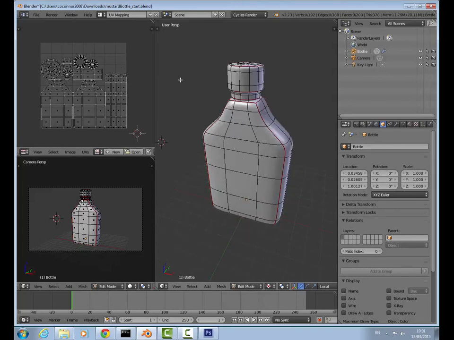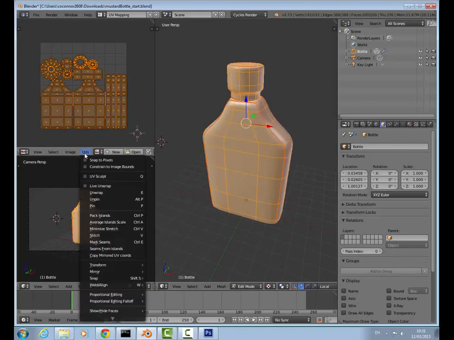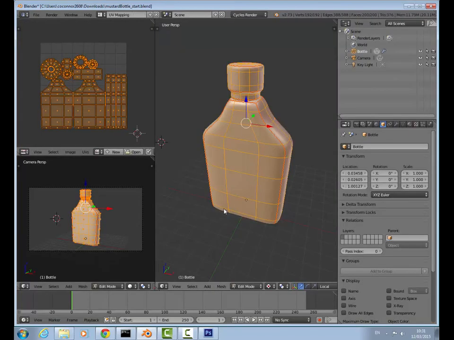Okay, so what you want to do is come over here and press A to select all, and then press UVs, export UV layout, and just save it to wherever you want. It doesn't really matter. I'm just going to save it there in the downloads folder. So just export UV layout, and the next thing you want to do is bring this over into Photoshop or